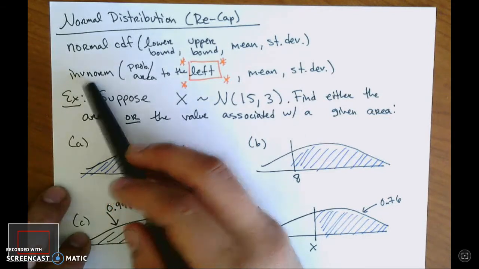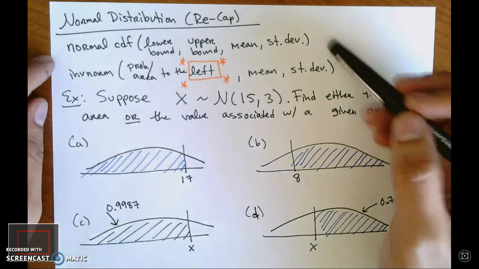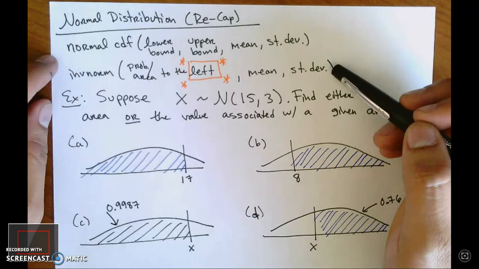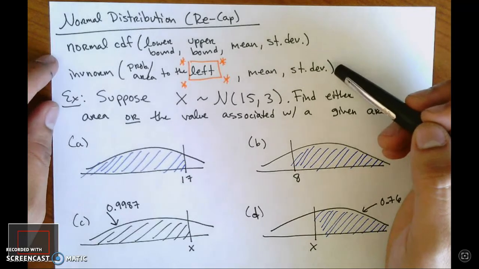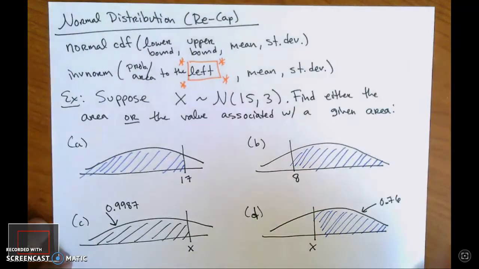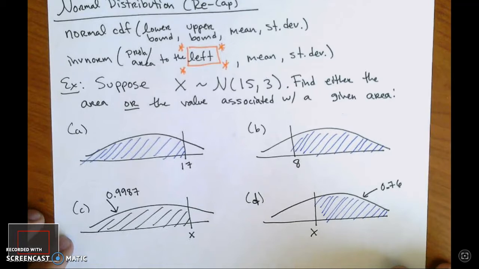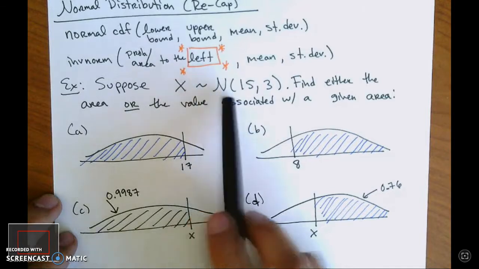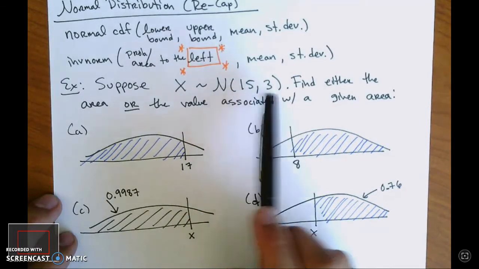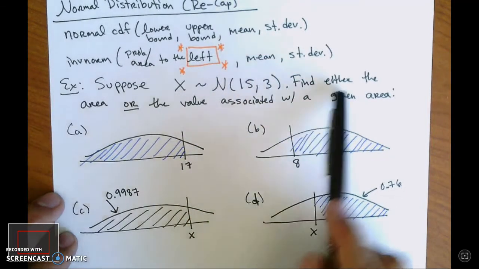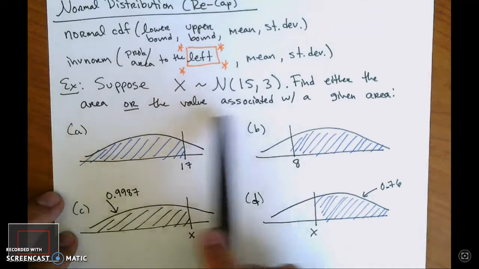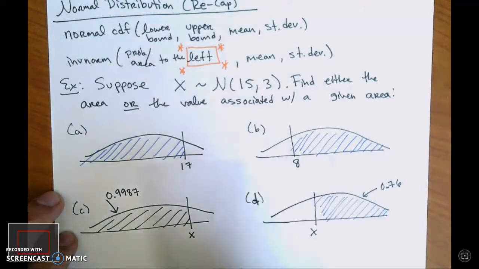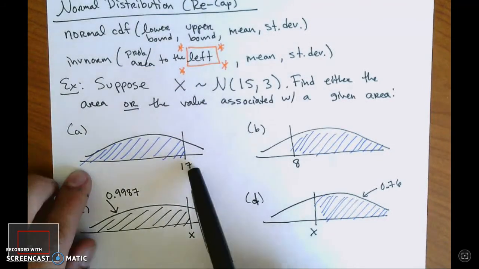So all of the directions on how to use both of them are on Blackboard, so you can go ahead and look at the directions. Okay, so let's do these problems so that we can refresh our memories. Suppose that x is distributed normal with a mean of 15 and a standard deviation of 3. So we want to find either the area or the value associated with the area, depending on what they give us. So if you look at part A,